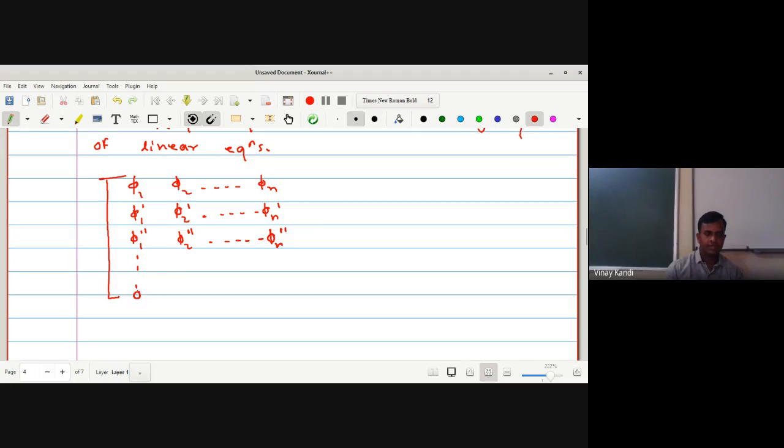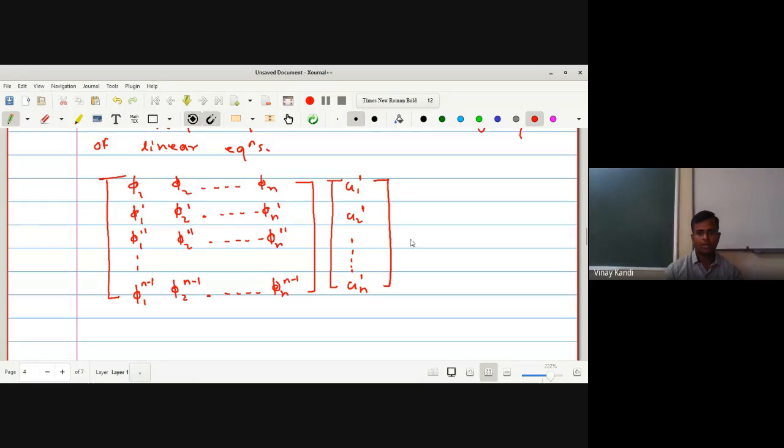Last we get phi1 raised to n minus 1, phi2 raised to n minus 1 up to so on phi n raised to n minus 1. So these are the n rows. And this one is u1 dash, u2 dash up to so on un dash, which is equal to 0,